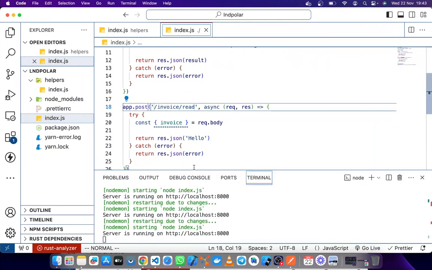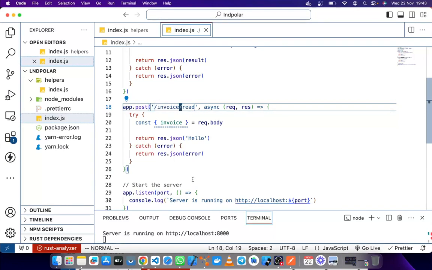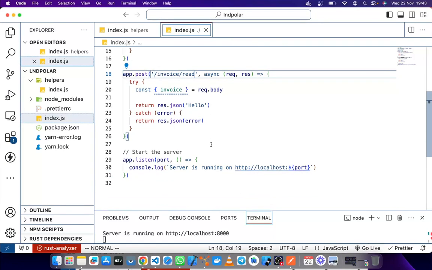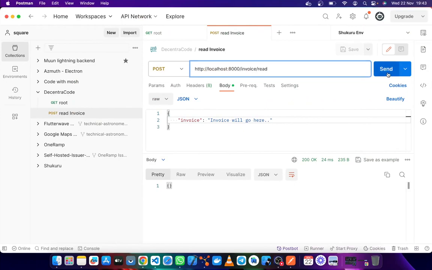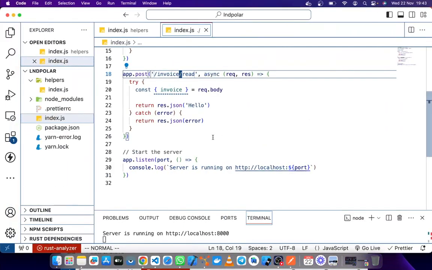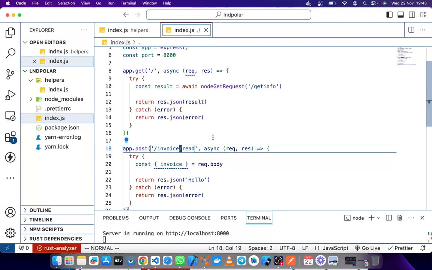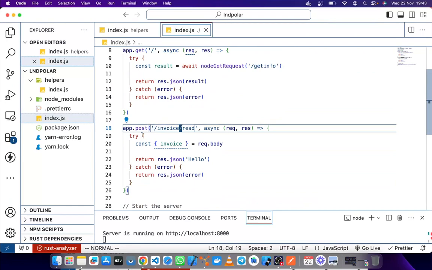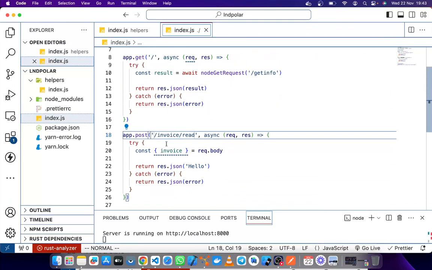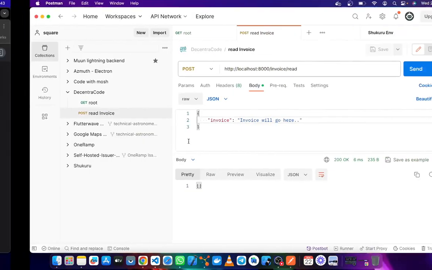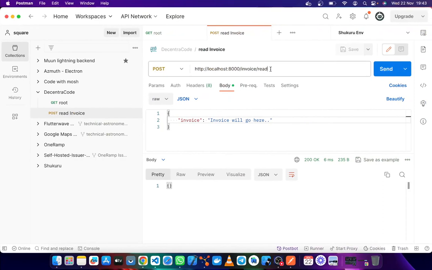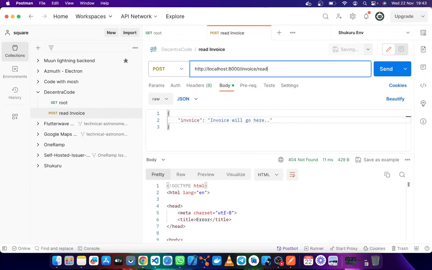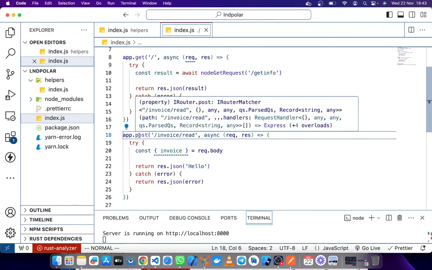Is my terminal complaining? No. Why is it not working? I see posts, we have this. Post request. Let me check if I entered the wrong one. Looks okay. Change that.